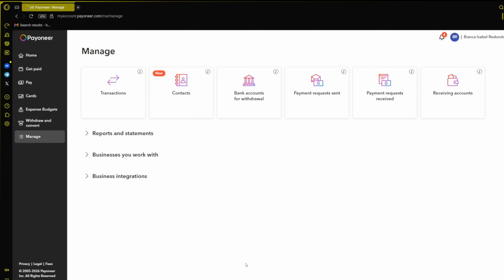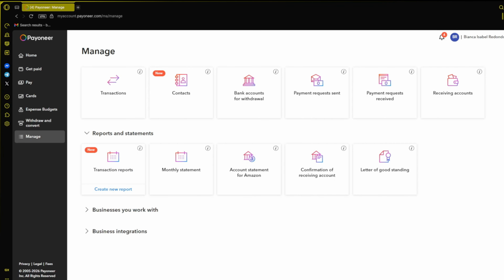So under the reports and statements drop-down list from the manage feature of Payoneer.com, you'll have transaction reports, monthly statements, account statements for Amazon if you have an Amazon storefront, confirmation of receiving accounts that you have open for your Payoneer account. Let's say you have a USD account and you need confirmation that you do have a USD account, they can generate a letter for you and a letter of good standing that shows your balance at the end